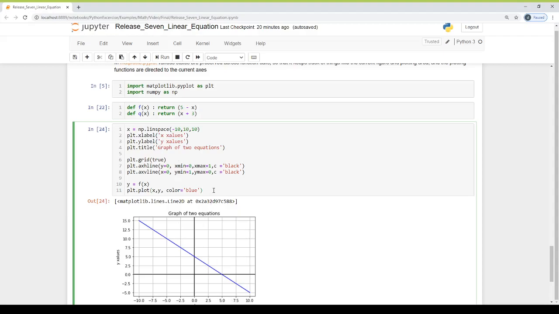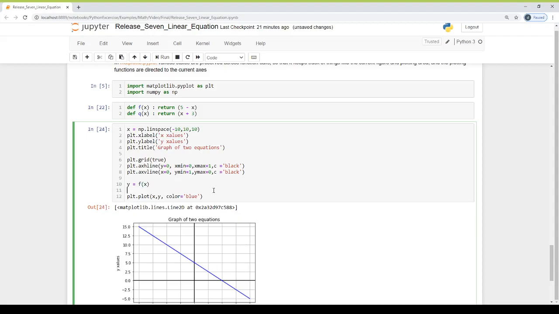To show it, we draw a note, annotate here, that is a note here, plt dot annotate. This line is for 5 minus x, that is y is equal to 5 minus x.